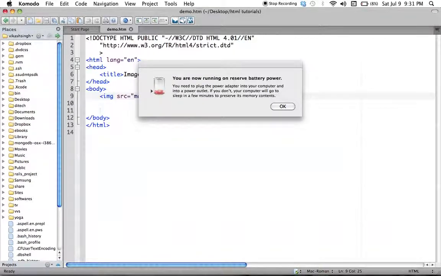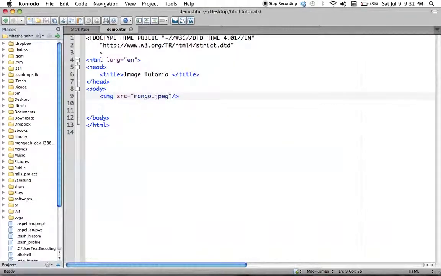Now sometimes people use screen readers, and sometimes there are errors so your browser will not be able to actually download the image. In that case you'd want to show some text there.